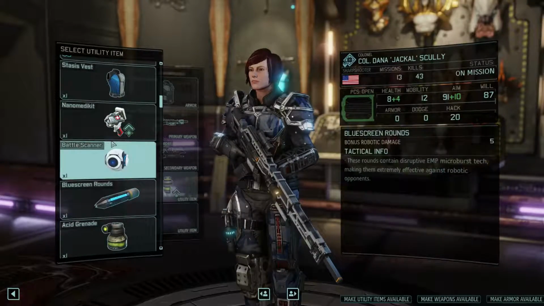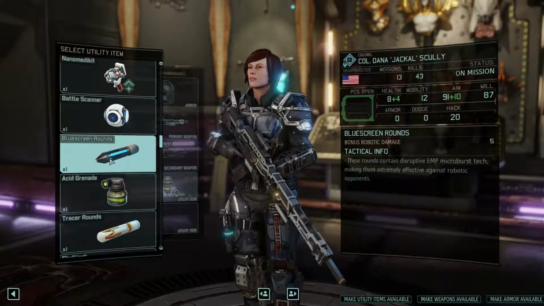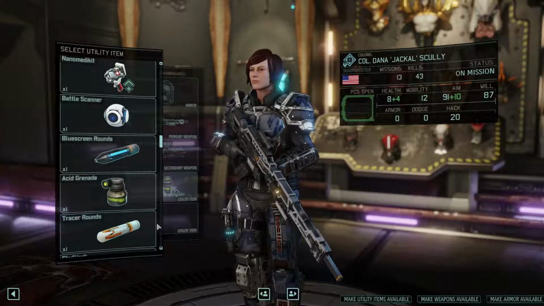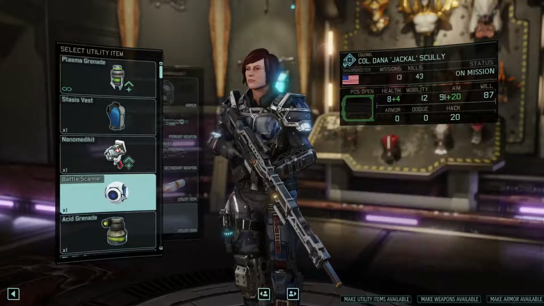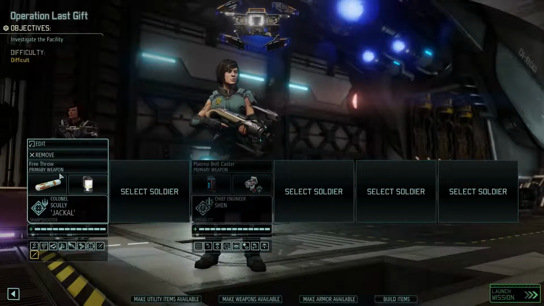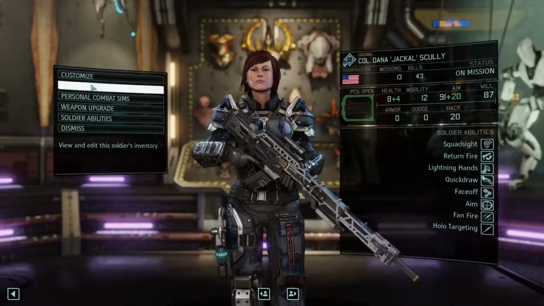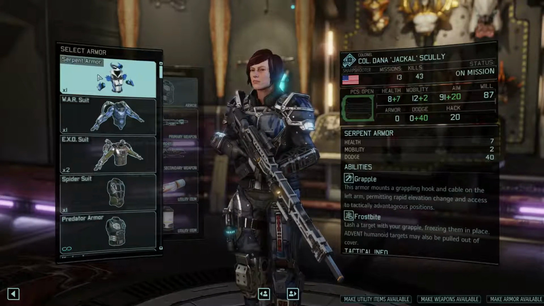Let's give you the... What do I want to give you? Now let's give you the tracer rounds, why not? And the smoke that I never have you use. And armor. My first thought was to go ahead and give you the new serpent armor, but you're not really going to be pulling people out of cover, right? So